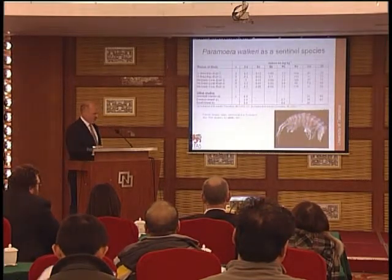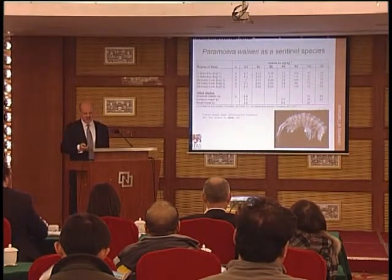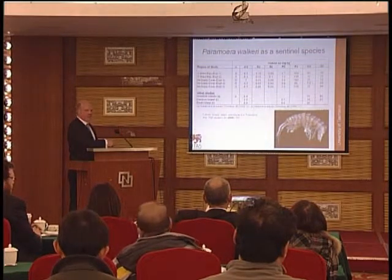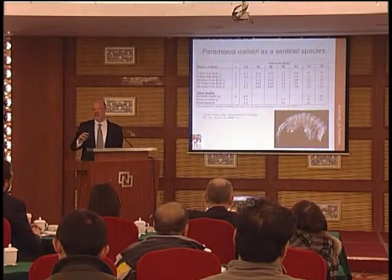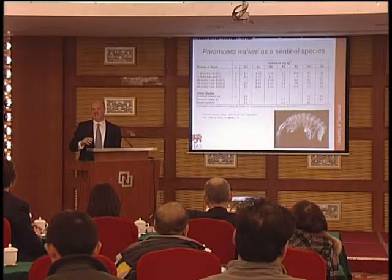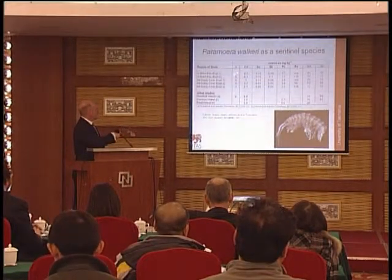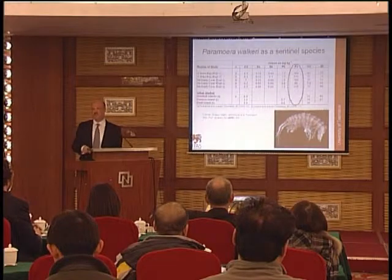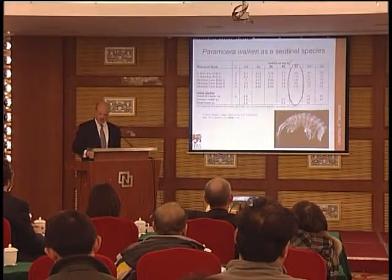Before I finish, I wanted to also talk about some recent work that we've done looking at a really novel aspect, and this isn't it, but a few years ago we got these little guys. These are gammarids, and these are floating around the coast of Antarctica, and unfortunately we killed a whole lot of these for the name of science, and we cooked them up and we measured their metal profiles, and what we found, the take-home message at that time was that they were really high in iron. They were really high in iron, and that was very interesting, and I didn't think much of that, but the